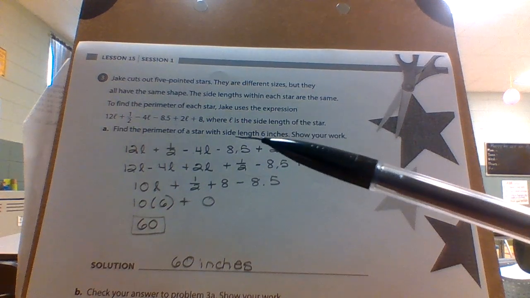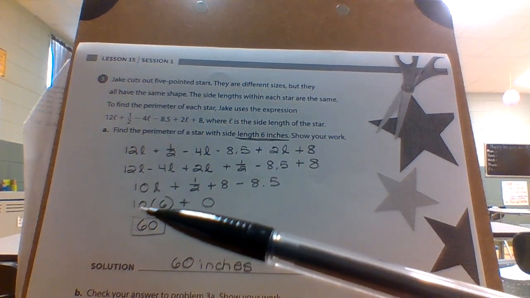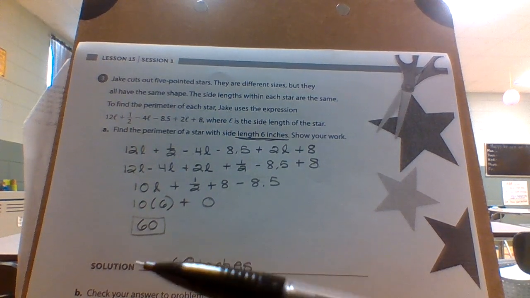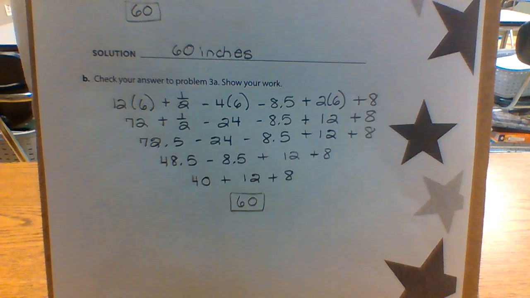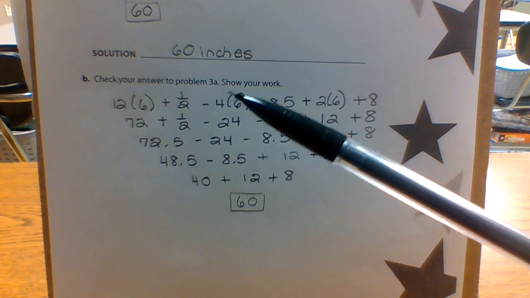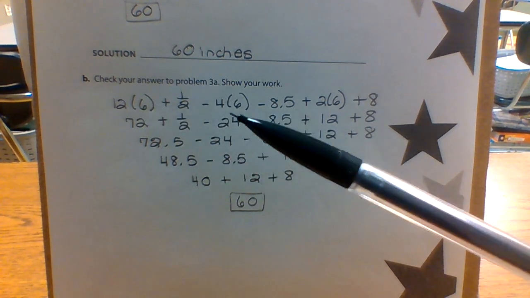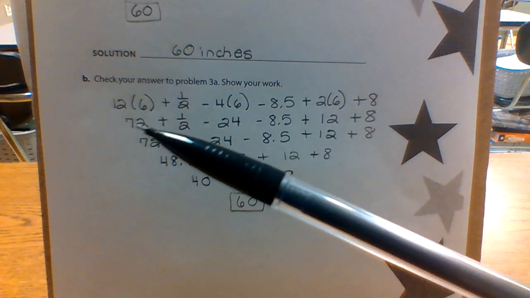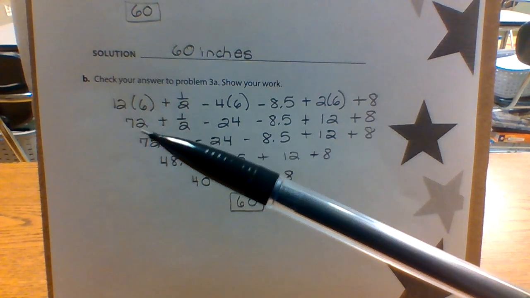Well, it told us the side length here was 6 inches. You put this into the parentheses, and 10 times 6 gives you 60. So your final answer here would be 60 inches. Okay, I guess I didn't pause that on there. All right, on this is check your answer in problem 3A. What I did, I went back in and put the 6 where the L was, and gave the answers to each